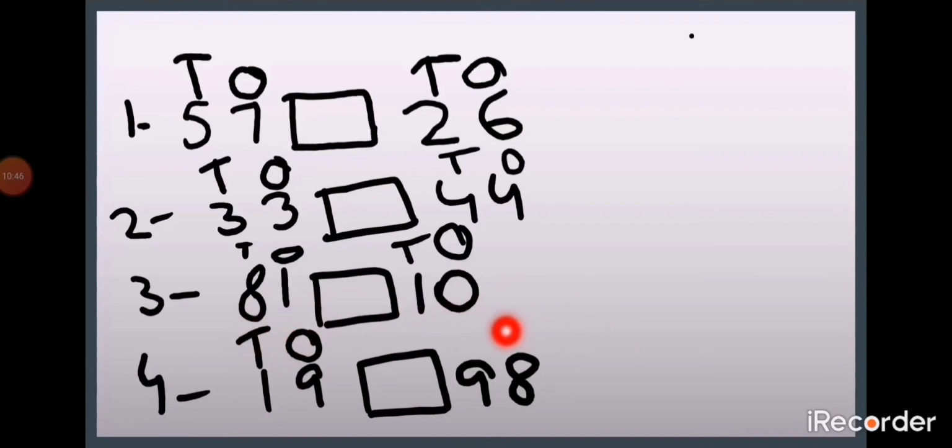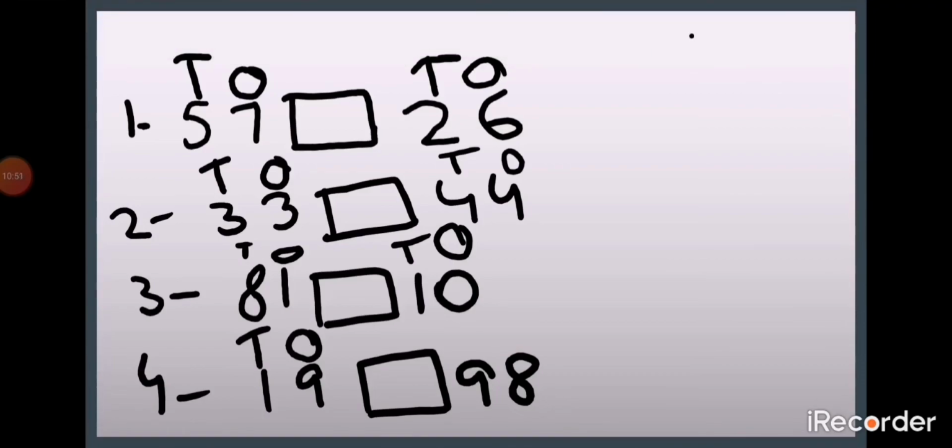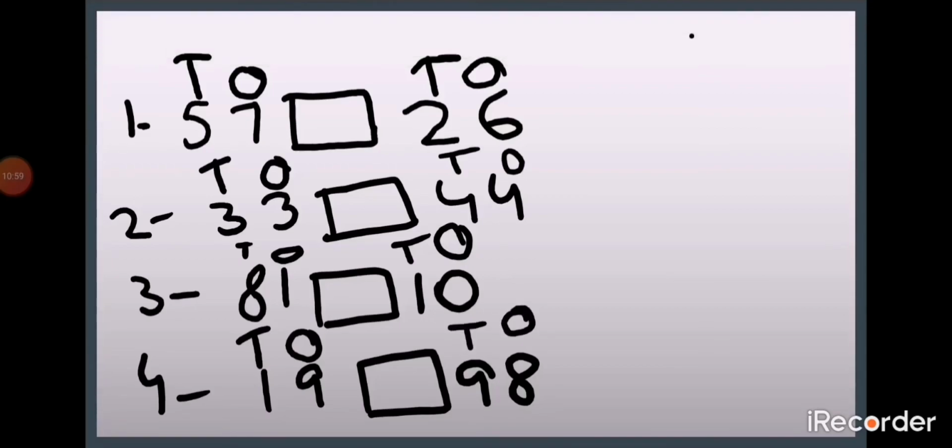Now look at the next number 98. Again, put the place value first. On the right side digit 8, put O for ones. The next digit is 9. Put T for tens. So in this number 98, 8 is ones and 9 is tens. Now compare them. Remember, you have to start comparing from the tens digit. First compare the tens, and if the tens are the same, then you go for ones.